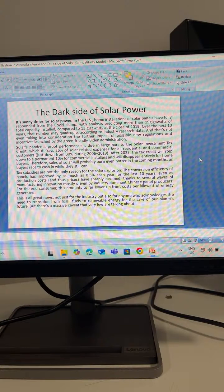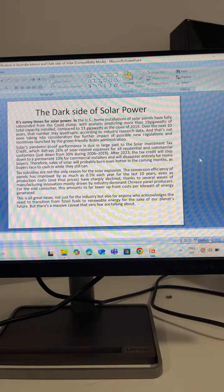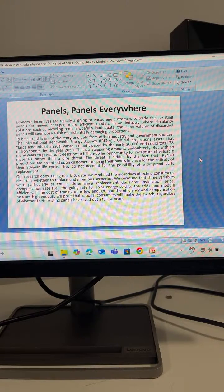This is all great news, not just for the industry, but also for anyone who acknowledges the need to transition from fossil fuels to renewable energy for the sake of our planet's future. But there is a massive caveat that very few are talking about. Panels everywhere. Economic incentives are rapidly aligning to encourage customers to trade their existing panels for newer, cheaper, more efficient models in an industry where